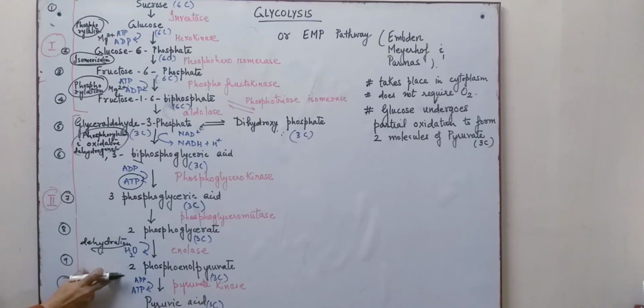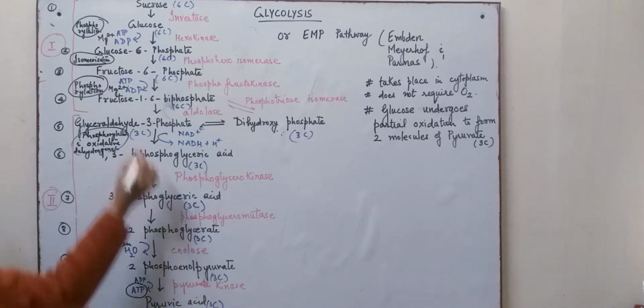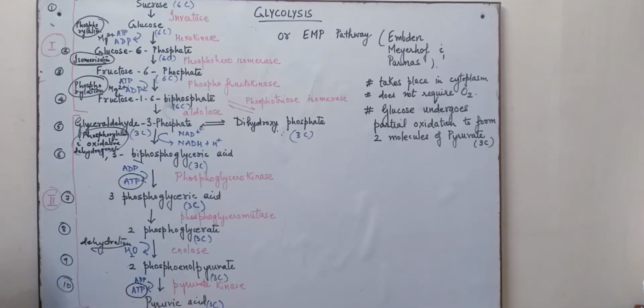Thus, 2-phosphoenol pyruvate gets finally converted into pyruvic acid. 2 molecules of pyruvic acid are produced. Now, this happens in presence of enzyme pyruvate kinase, and again here, second time the ATP molecule is produced. So here, in the case of glycolysis, there is eventually 2 molecules of pyruvic acid, 1 molecule of glucose forms 2 molecules